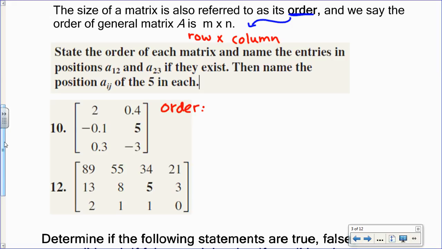So we first want to find the size, and we do row by column. How many rows, in number 10, does this matrix have? 3. And how many columns? 2. Okay, 3 by